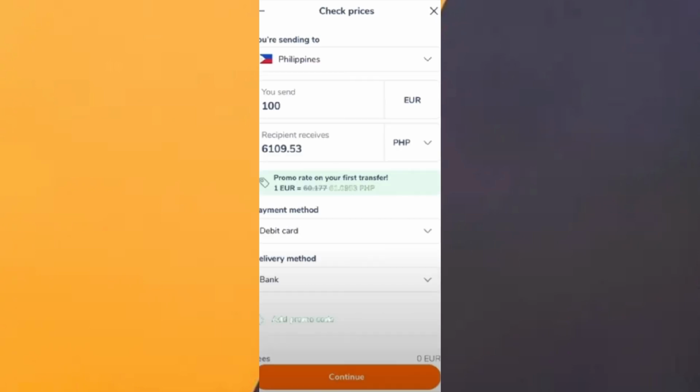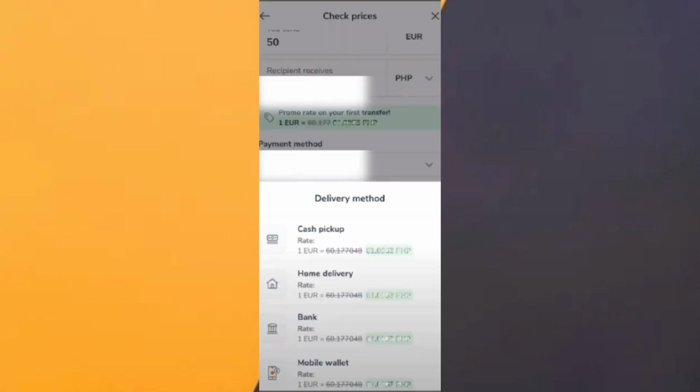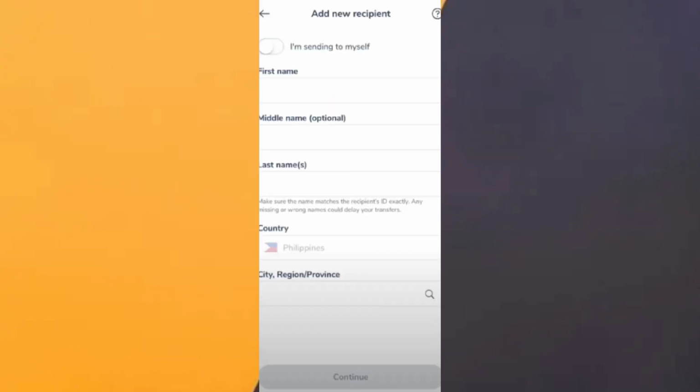You're going to see the exchange rate and currencies. From here, you're also going to choose a payment method. Once done, also click on delivery method. And since we're going to transfer our cash or money to GCash, we're going to change our delivery method to mobile wallet. And from here, all you have to do is just enter all the necessary information or details of